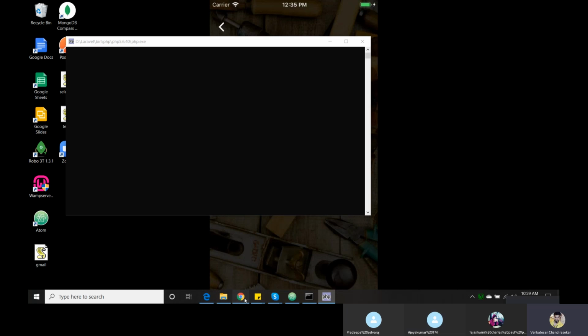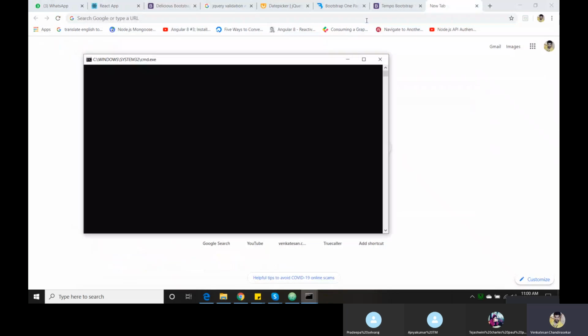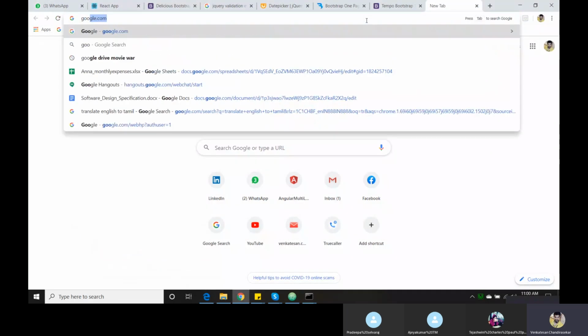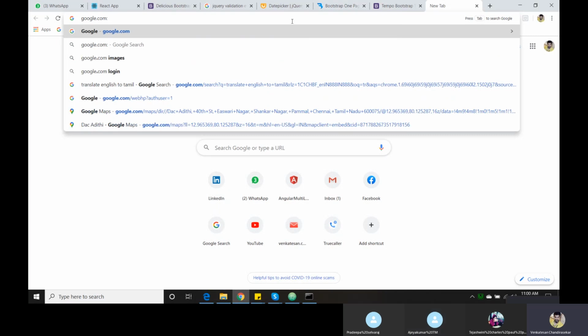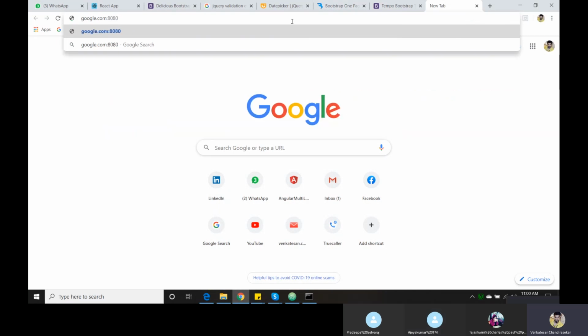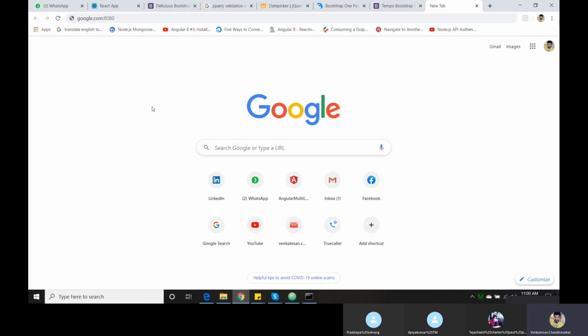Google also has its own separate port number, but they don't show it. They use something called htaccess files, so when I go to google.com, the port number is hidden. The port number is needed to run our server. Without a port number we can't simply run our server. Every system should have some port number.